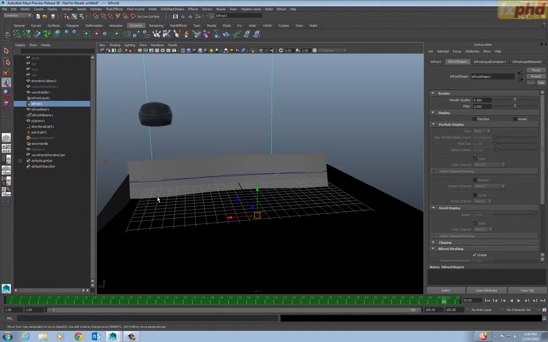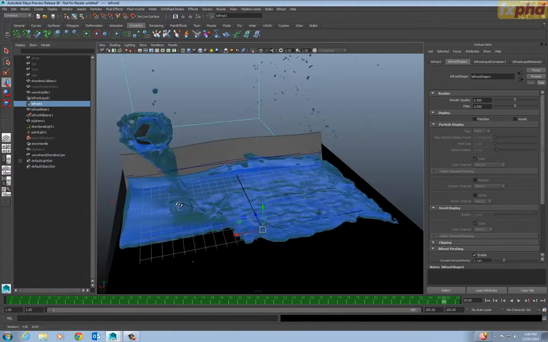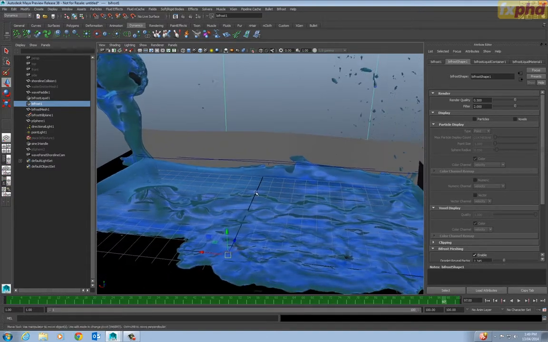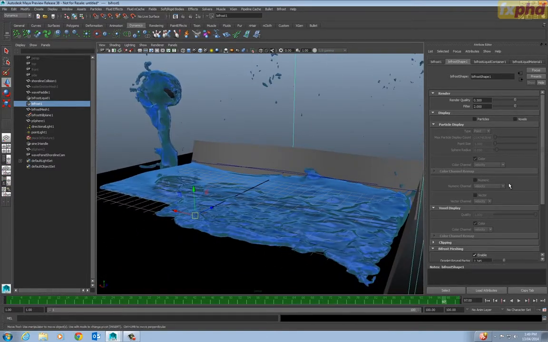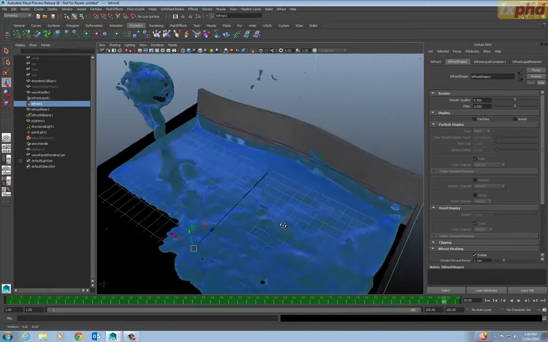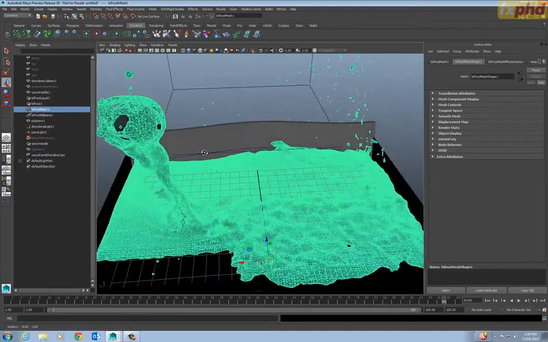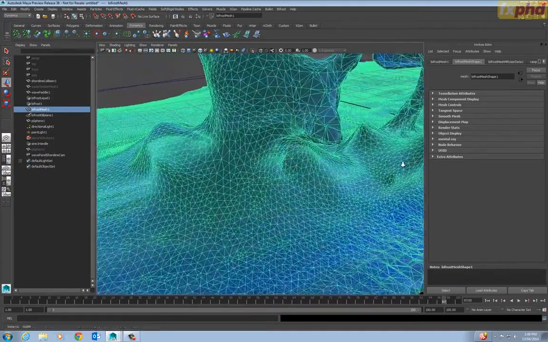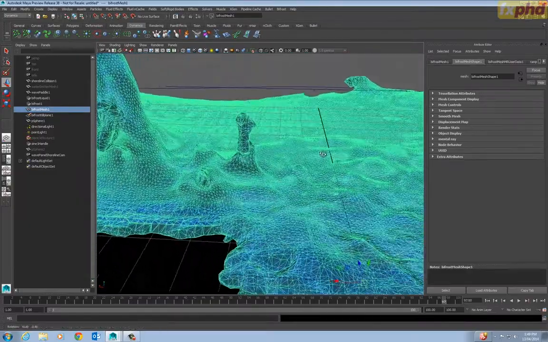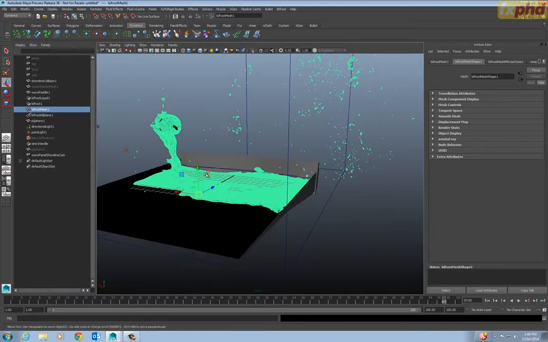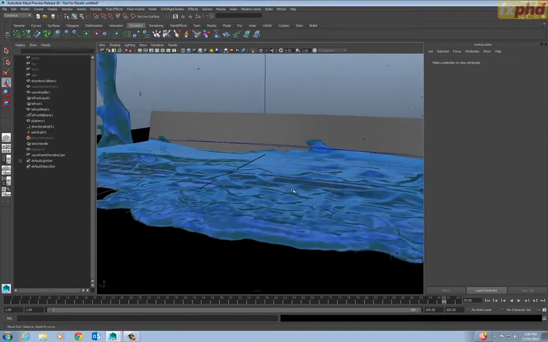The other thing to note is this is a very sophisticated particle simulation from an FX TD point of view, and we haven't written one line of expressions or code into the particle itself. If you were going to do this with Maya particles, you could probably fake something similar, but it would take a huge amount of expressions and code to get the particles to string together like that and to self-collide with each other. And it would be very, very slow to run. So overall, it's just a really good